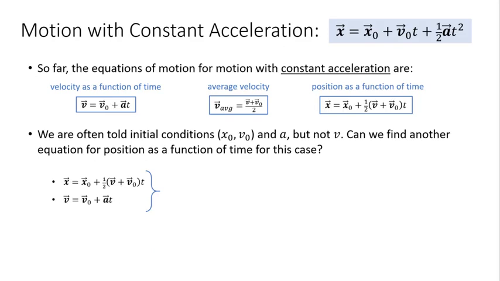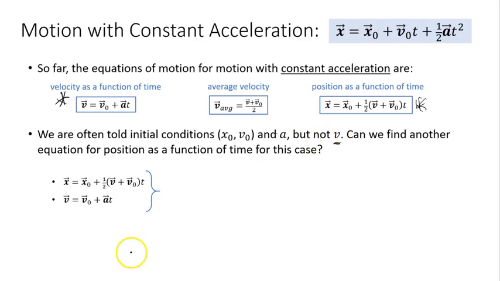And I can find it using two of the equations that we've actually already derived. So I'm going to use this equation on the right, which tells us about the position as a function of time. And then I'm also going to use this equation on the left, which tells us about the velocity as a function of time. So when I look at my top equation, which is the equation on the right here, I see that I have this variable v, and I know this variable v in terms of the initial condition v naught and the acceleration a. And so I can actually use this definition that I have down here on my second line to get rid of the v in my top equation, since that's the thing that I'm not normally given, so that's the thing that I don't normally know.